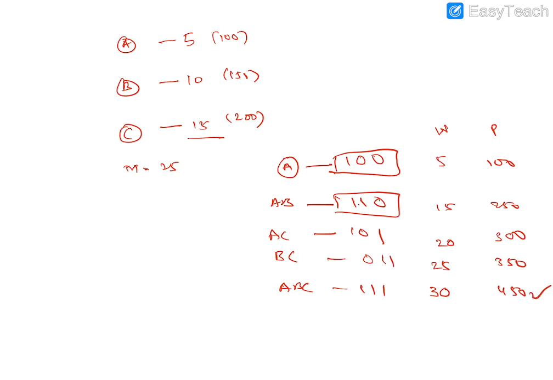But here the highest performance is this one, but it is crossing the limit. What is the limit we have taken? The maximum limit is 25 only, but it is crossing the maximum limit. So this will not be our solution. The best solution is BC, because it has the highest performance without crossing the limit. We have fixed the limit as 25, so it is not crossing the limit and it reaches the best performance result. Like this, using the objective function or fitness function, we are able to find the best solution for traversing from one point to another.